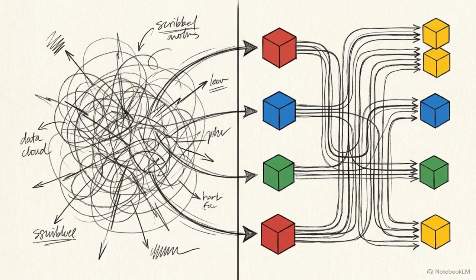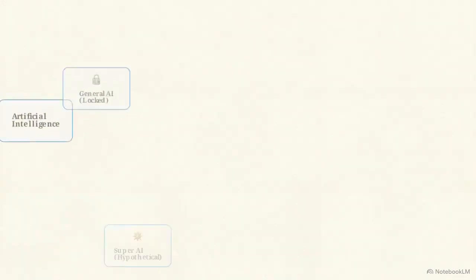AI is often presented as an unsolvable mystery, but it is actually a logical structure of data and learning layers. And now that you have seen the map, you can